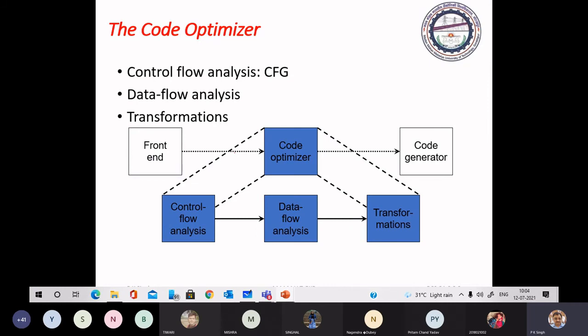If your processor has the facility to auto increment, you can introduce that instruction. But if your processor doesn't have that facility, then you have to replace it by an add instruction. Suppose you have an index I, then you have to write I equal to I plus 1, and introduce this instruction in your code.